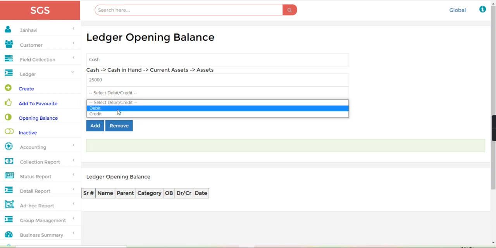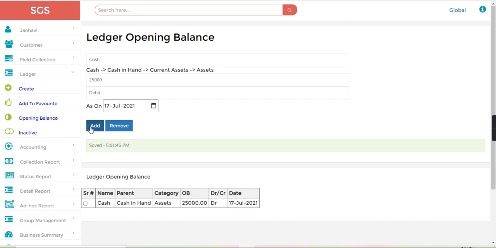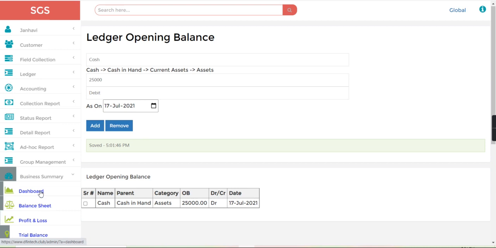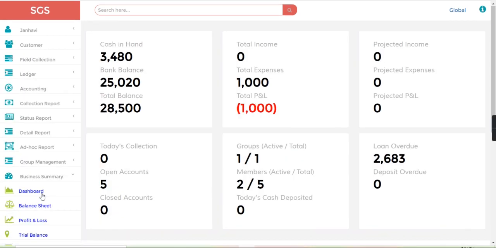Select debit side and just add. Now I have added this. Let's go to the business summary dashboard. So here you can see now cash is in plus 3,480.